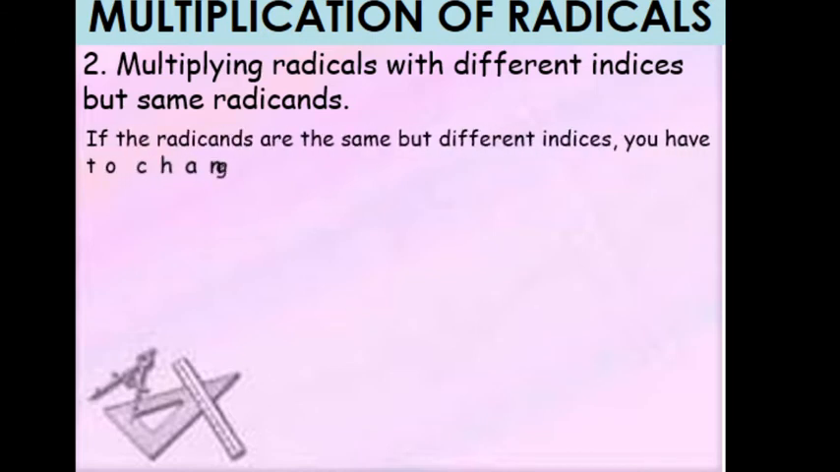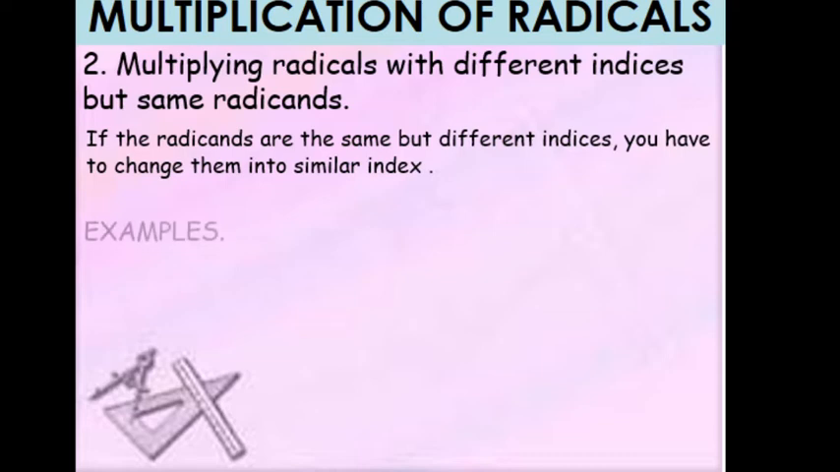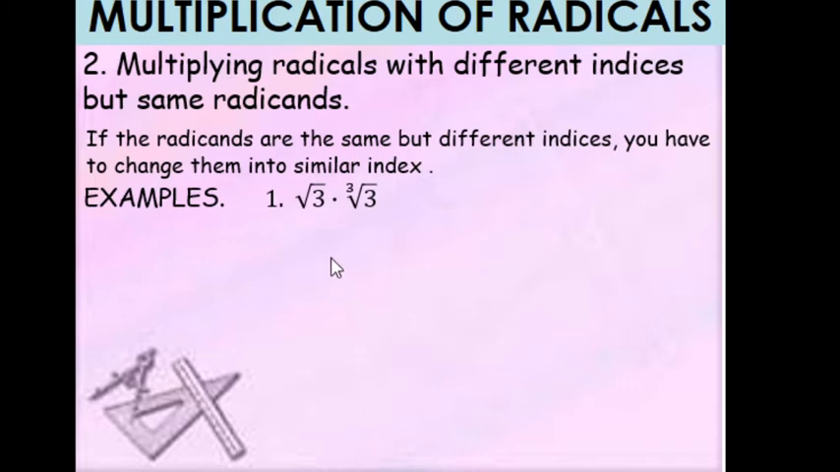If the radicands are the same but the indices are different, you have to change them into a similar index. Kailangan natin gawing magkatulad ang kanyang index. Example number 1, we have square root of 3 times cube root of 3. Ibig sabihin, ang index niya is 2 and dito naman is 3. Kapag walang nakasulat na index, automatic that is 2. Magkatulad siya ng radicand, parehong 3 yung kanyang